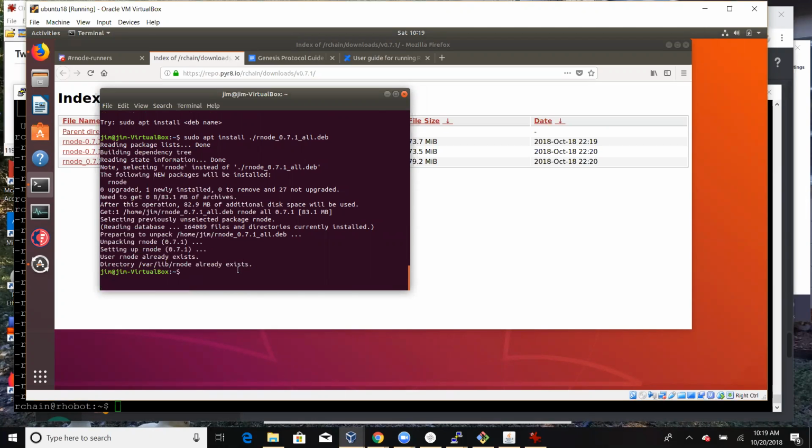Okay, all right. Now you can do which rnode or rnode might as. What, you think it's running? Oh. No, that would just tell you where. Anyway, just do anything that. Yeah, that will confirm that it's installed. Okay, it's installed.